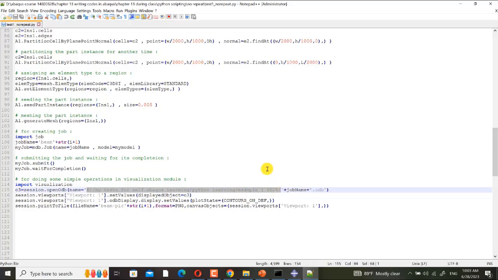I think I must change the slash directions. Okay.